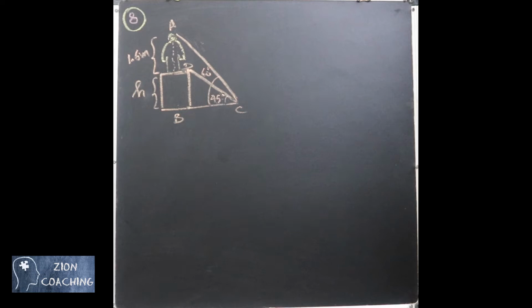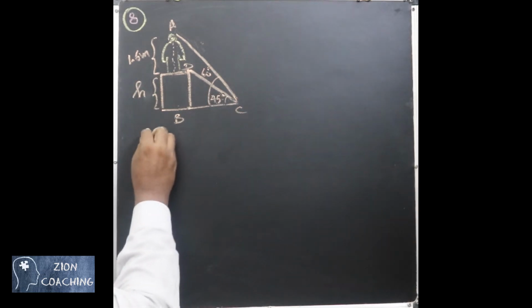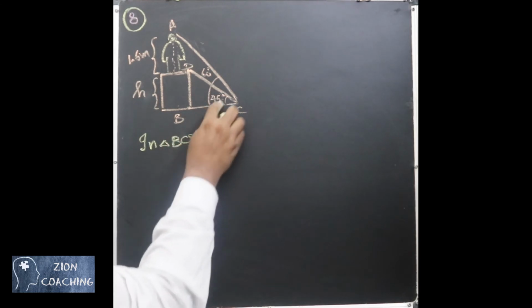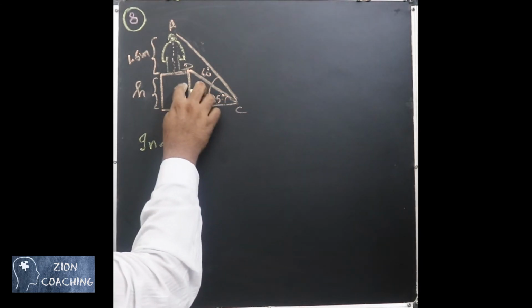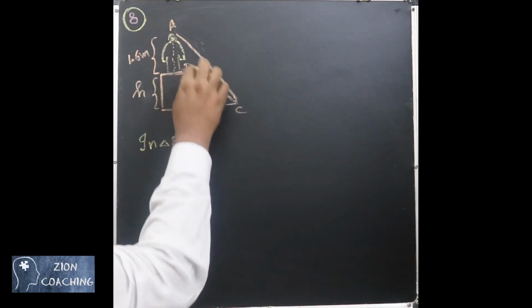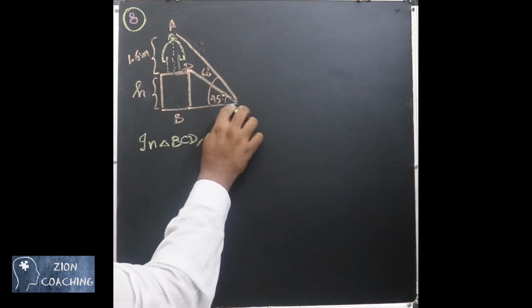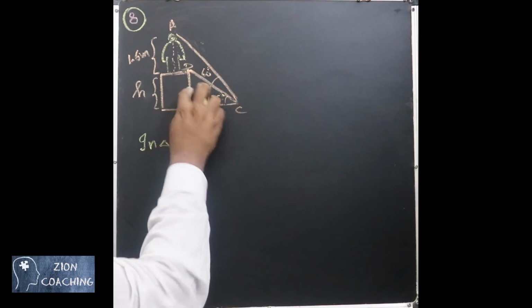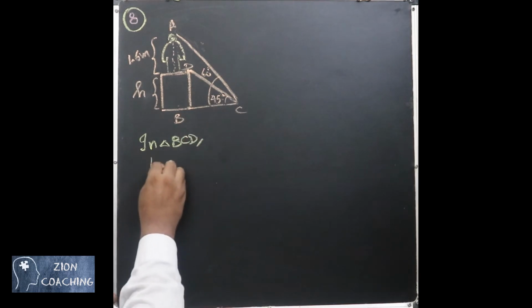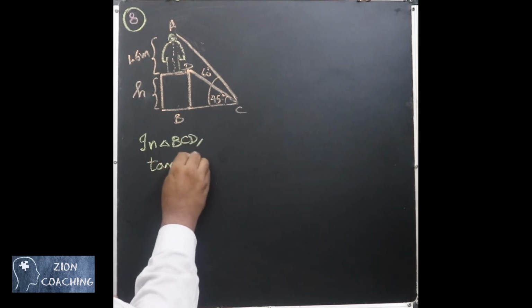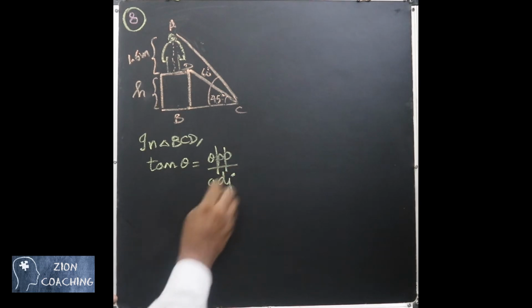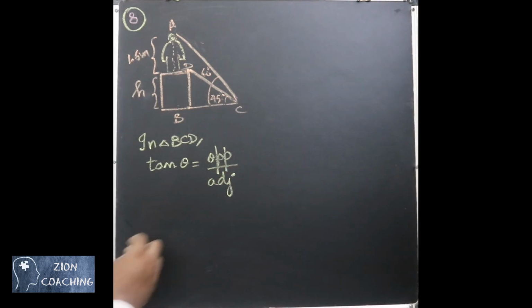When you consider triangle BCD, the angle is given. We are going to relate the opposite side, that is the height, and the distance between the person and the pedestal. So we are going to consider the opposite side and the adjacent side. That is, we are going to take tan theta. Tan theta is opposite side by adjacent side. Substituting the values, we will have